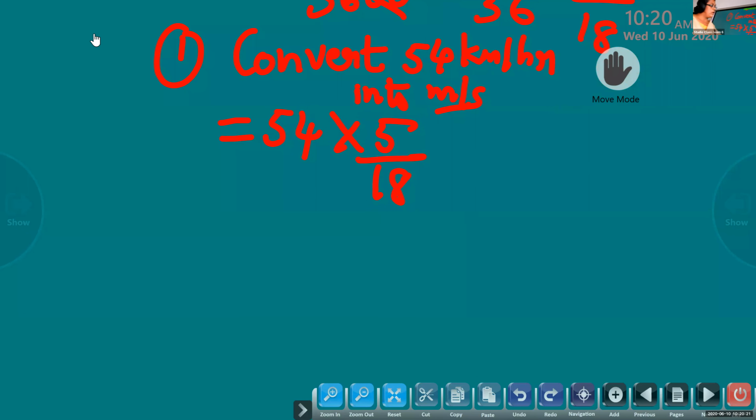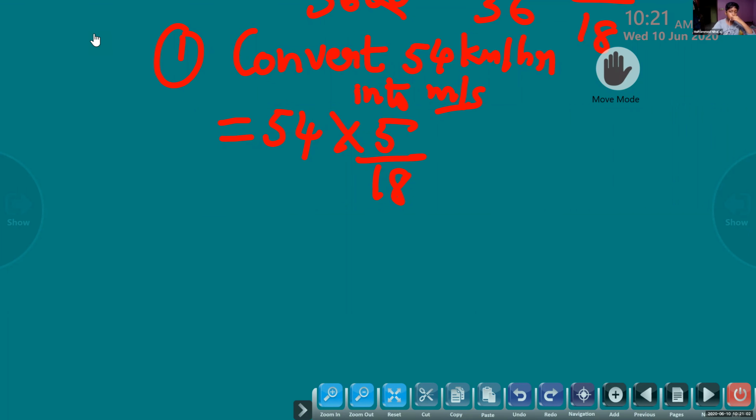Now, another method. Do we have to multiply 54 into 5? You can do the cut here only, because 18 and 54 are divisible. Divisible with what? Now do it. Let me check. I'll give you some minutes. You do by yourself. If you can't understand, if you don't get the answer, I will tell you. Everyone do it. Ma'am, 3. 54 by 18, 3. Okay. Did you all get 3?